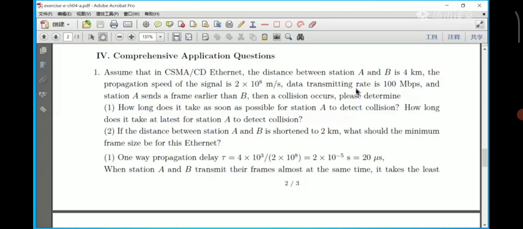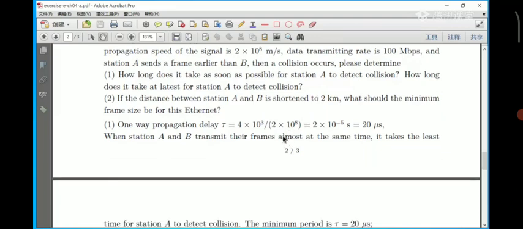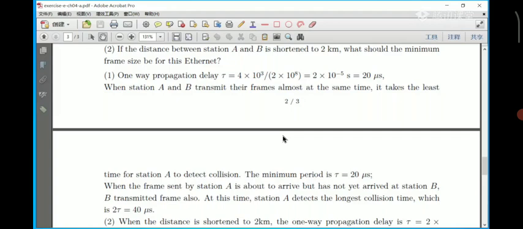Please determine how long it takes at the earliest for station A to detect the collision, and how long at the latest. If the distance between A and B is shortened to 2 kilometers, what should the minimum frame size be for this Ethernet? So we should depend on the equation of